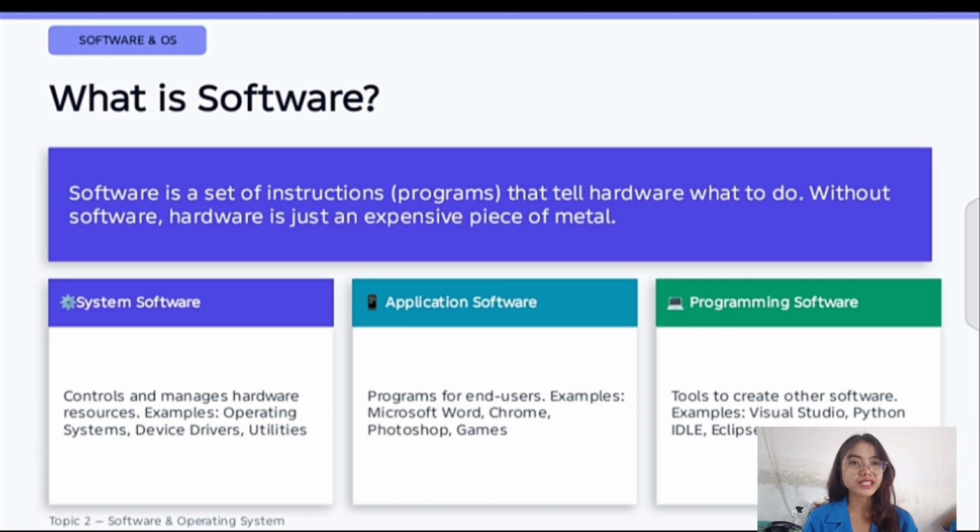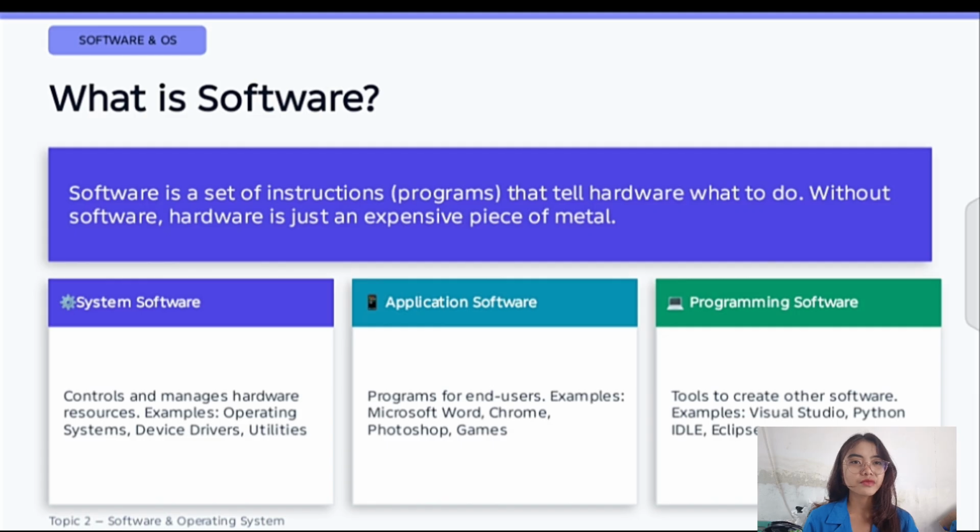Software is a set of instructions or programs that tell the hardware what to do. Without software, hardware is just an expensive piece of metal. It cannot do anything. Software is divided into 3 types.